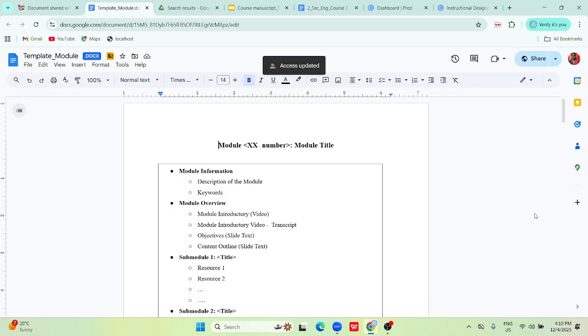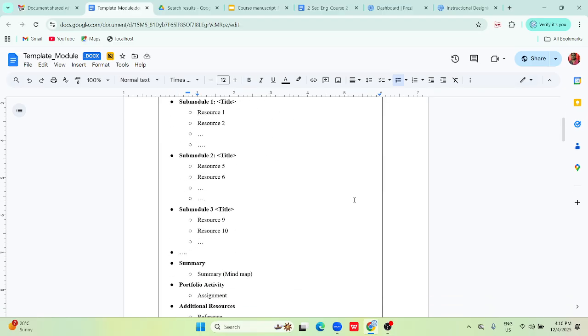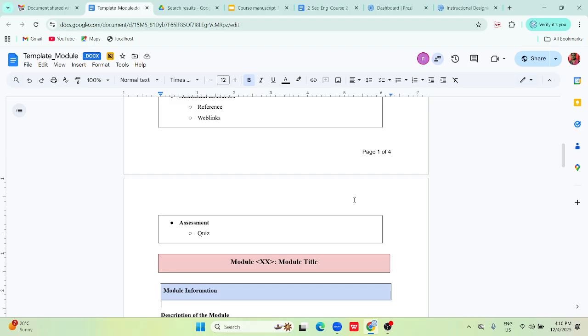So this is a template, you can use it. So we have just made it like this so that it's easy for you to fill your content. Okay. Now this is single module, each one's module, right? So you're not going to write the whole course. What you're going to write? For your own module, you're going to write all this. Okay. At least you start doing it today. This is your work,